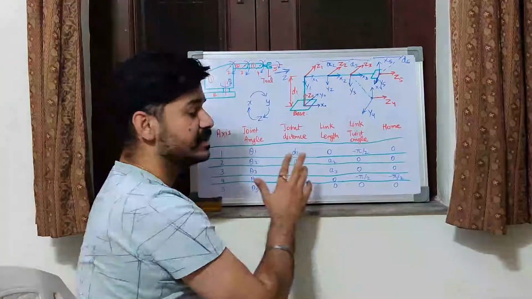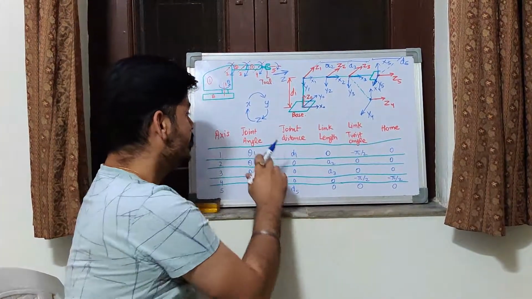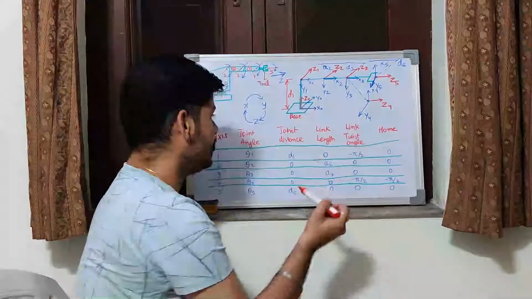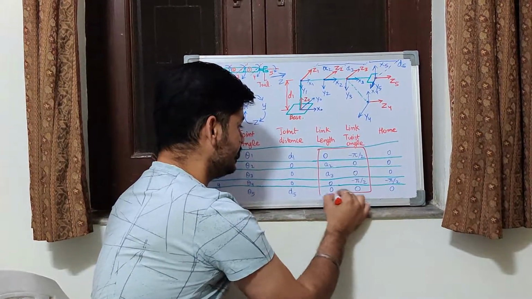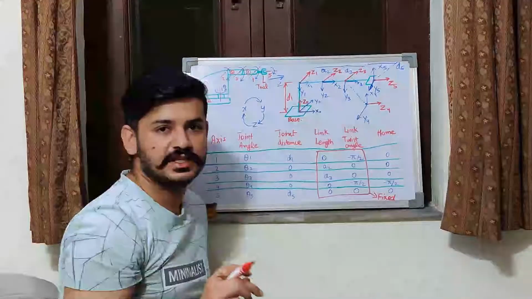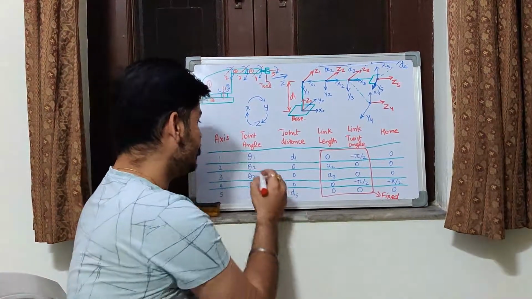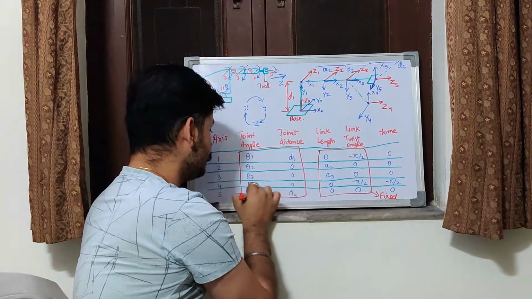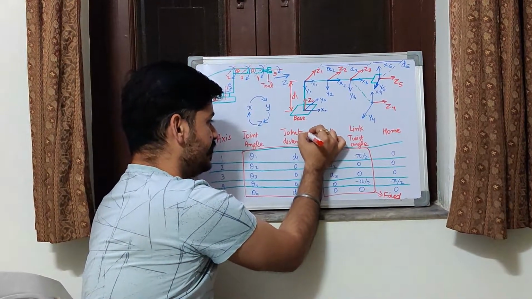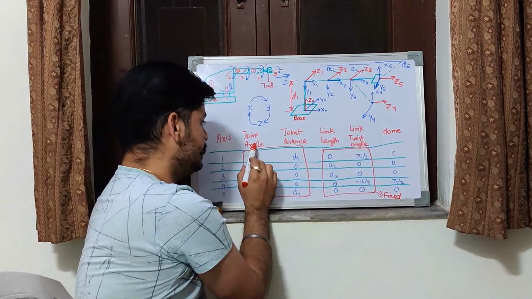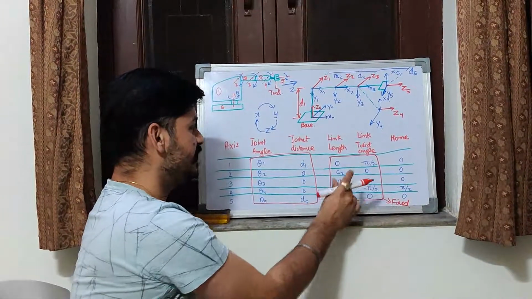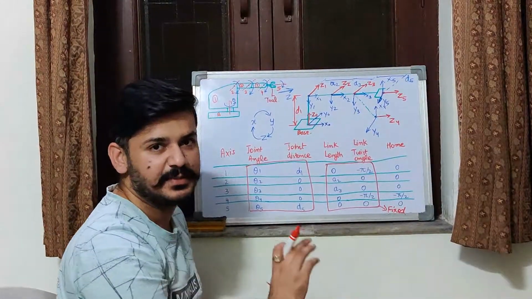So this is how we assign all the kinematic parameters, the joint parameters and the link parameters. You have to see that these link parameters are not going to change. See, this is fixed. Whatever the joint may be, these parameters are fixed, but the other parameters are going to vary as per the joint. If the joint is prismatic, then the joint distance will change. If the joint is revolute, then the joint angle will change. So either one of these will be variable, while the link parameters are always fixed.